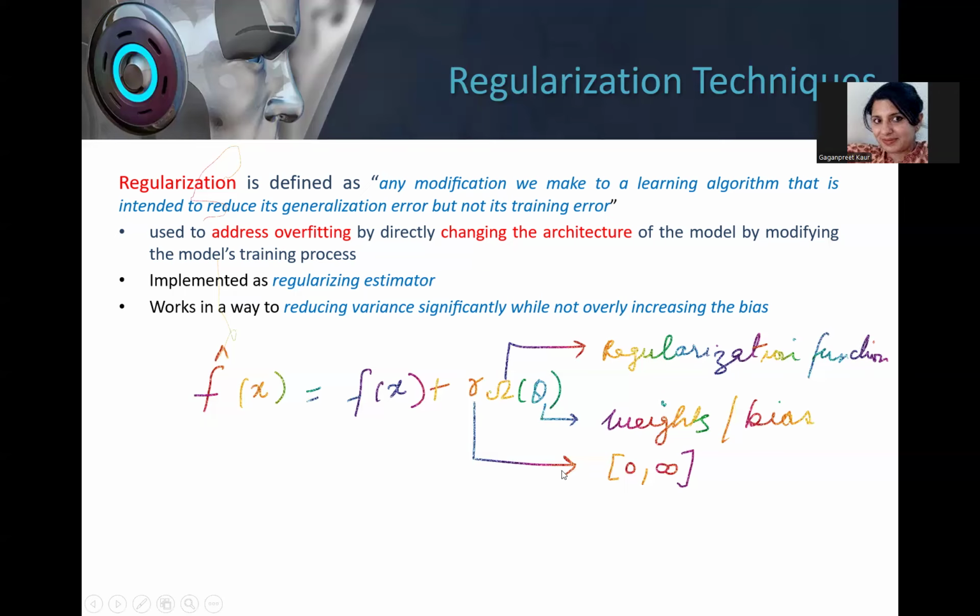So I can just say that my regularization term in general can be represented by a regularization constant or a multiplier, which is a value between 0 and infinity. 0 means no regularization is applied. Infinity is just an upper cap of it. Obviously, I cannot make it infinity. It is going to be some integer value. Okay, a constant multiplier basically. This is just a denotion of the function.